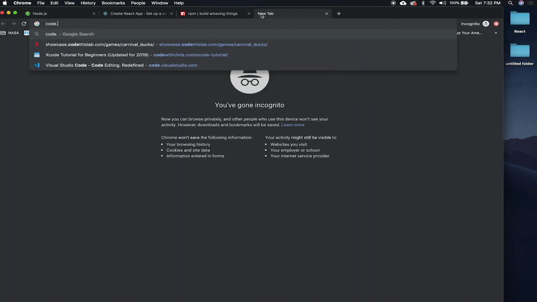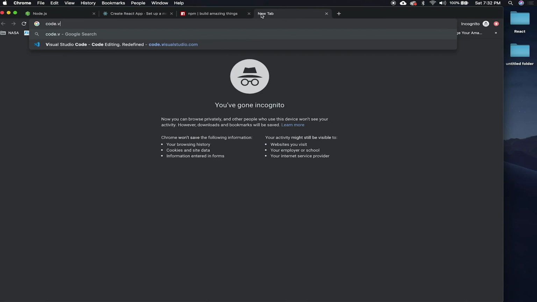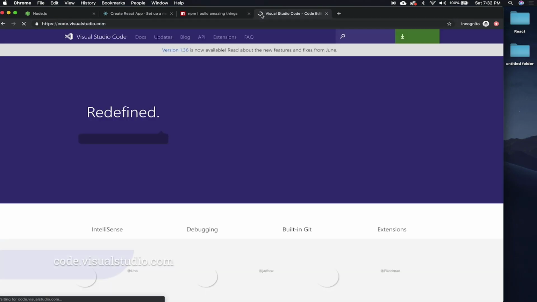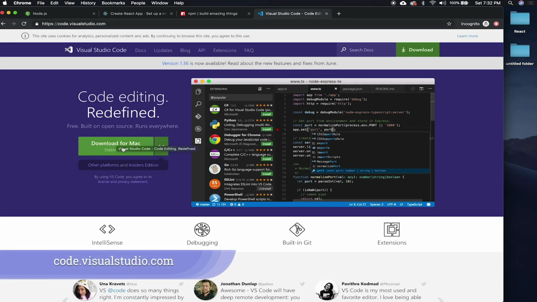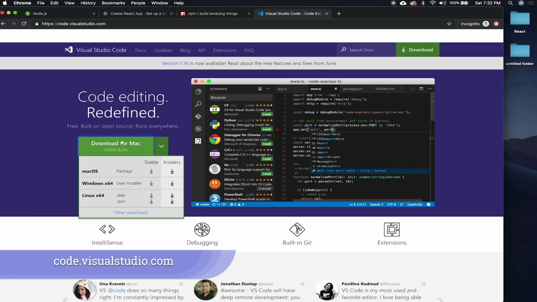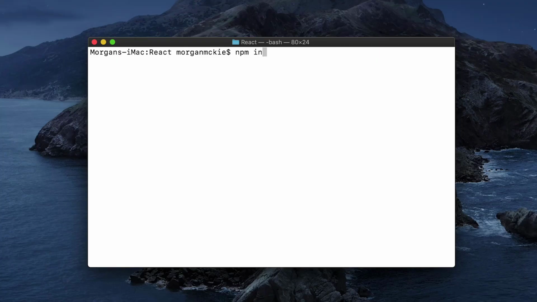Next, you'll need a code editor. The one I'll be using is Visual Studio Code. Head over to code.visualstudio.com and install. Finally, we'll install Create React App by going to the terminal and typing the command npm init